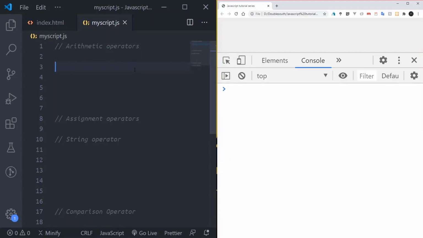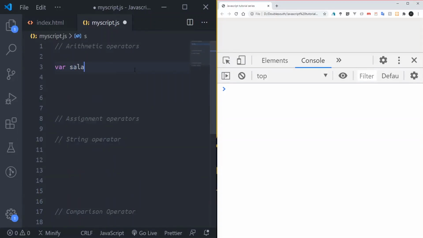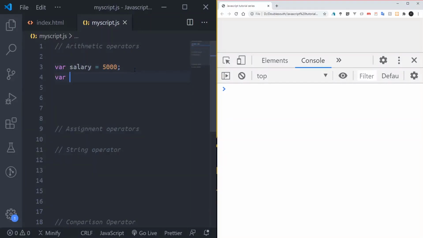In fact, let me create one variable called salary and assign it 5,000. Then I'll create another variable called bonus and make it 500.